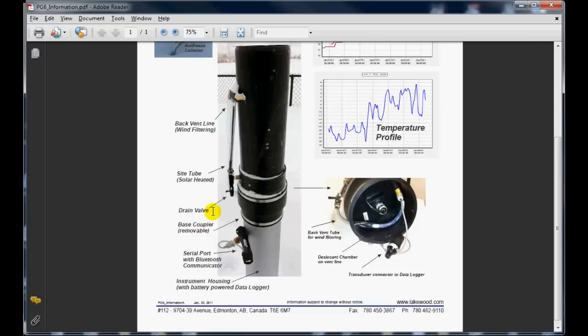Now, on the left side here, we notice there's also a drain valve on the unit, and this drain valve is handy for draining the fluid out of the gauge at the end of the recording season and recharging the gauge, or just in doing minor adjustments. The gauge has a 30 centimeter range, so that's quite a bit for the operation of the gauge during the